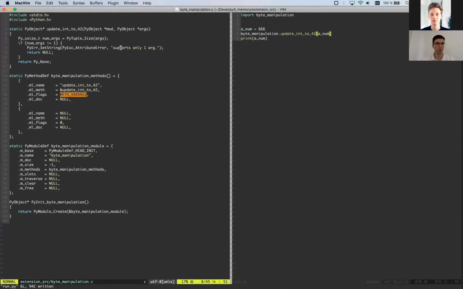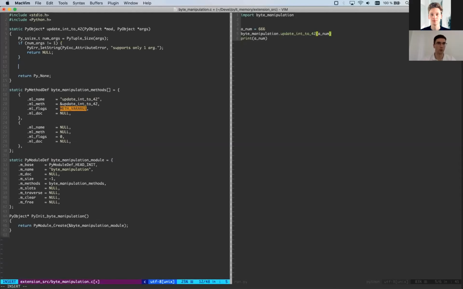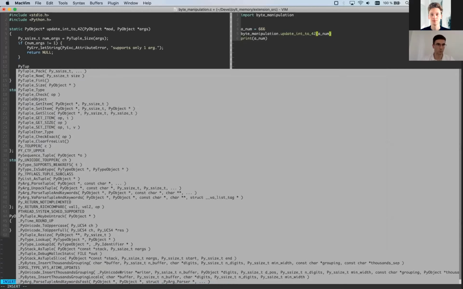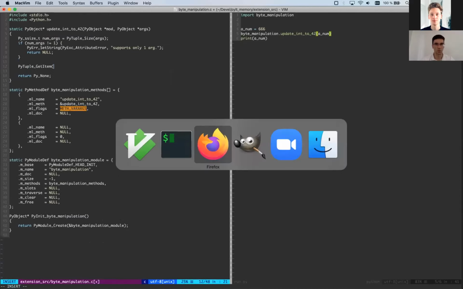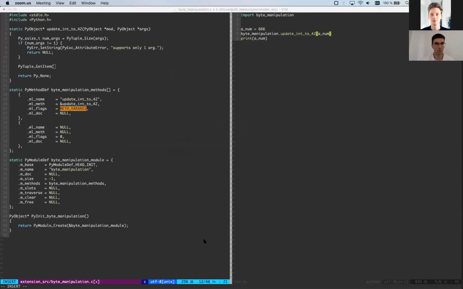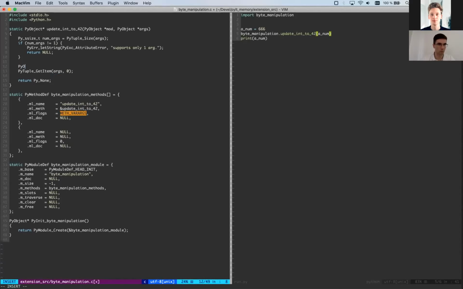So at this point, we already know that args contains only one element, and we can try to grab it. PyTuple_GetItem, and okay, I think it's like that, and it returns a PyObject.